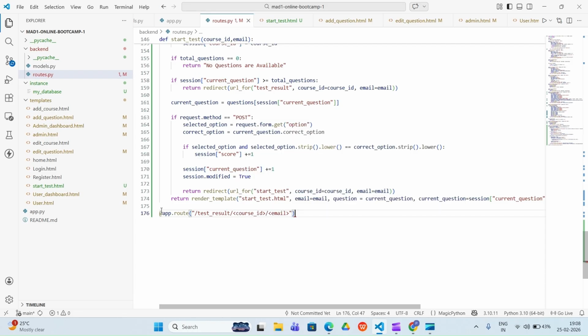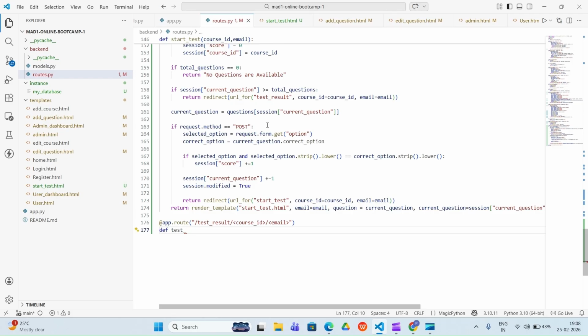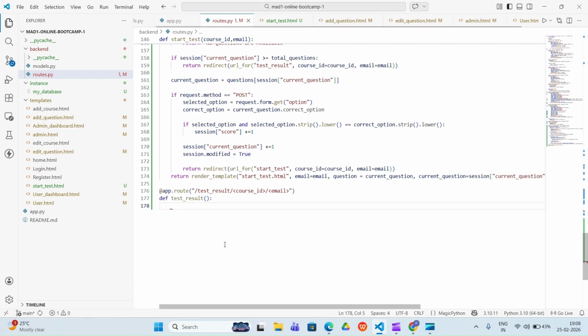Now what we are doing here, we'll just define one test result. This test result should be the same here, because we need to go to this particular url. So we'll just copy this from here and paste it here. We'll create the same function here, and then go for the particular user.